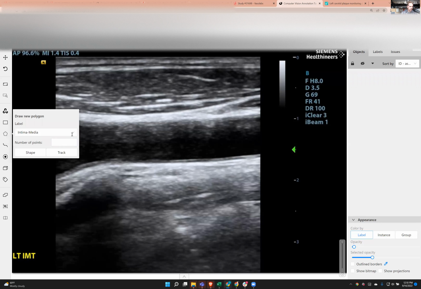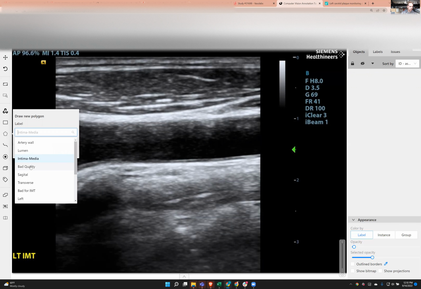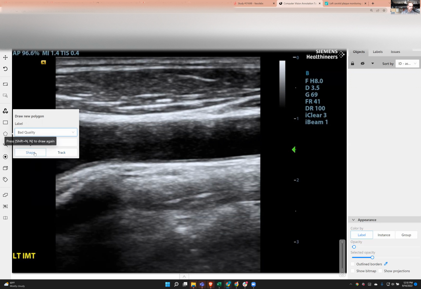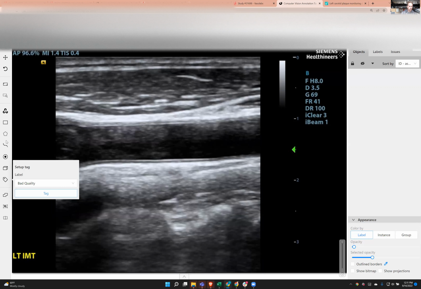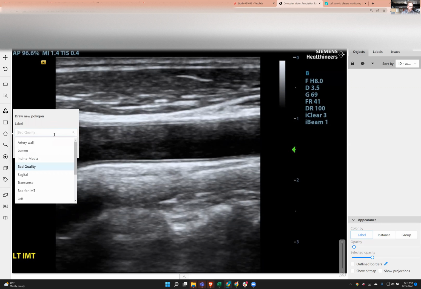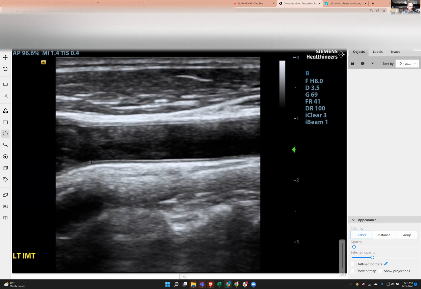This one I don't love, so I'm going to mark it bad quality. Oh, I tag it at the bottom, tag bad quality. This took a long time to figure out. Intima media, shape. Plaque is the next, is also on the list. I don't know if it's next, but